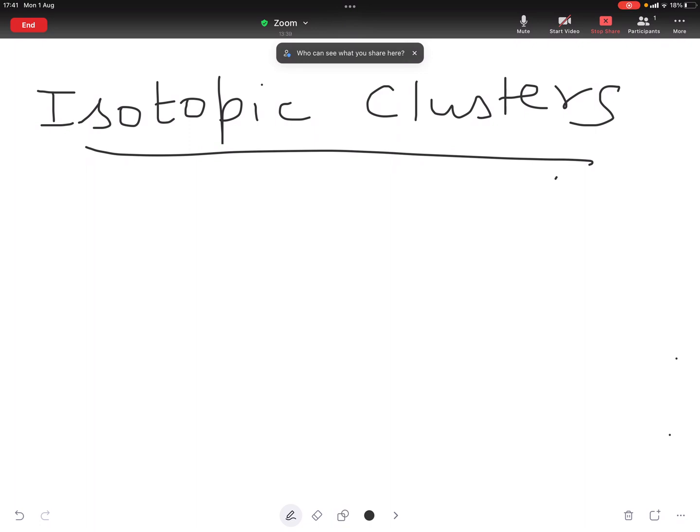Many elements occur naturally as a mixture of isotopes. Isotopes of lighter mass predominate, this is to be remembered. Many elements occur naturally as a mixture of isotopes, resulting in the appearance of the second isotope, which is the heavier one, in the molecular ion region of the mass spectrum. Thus, the presence of an element such as chlorine, bromine or sulfur containing two or more isotopes of natural abundance leads to a characteristic pattern of peaks, which is called isotopic clusters.